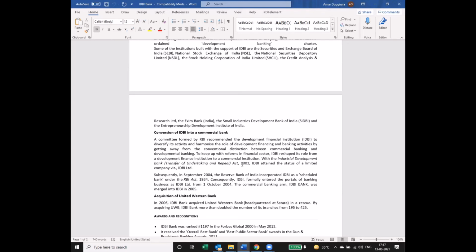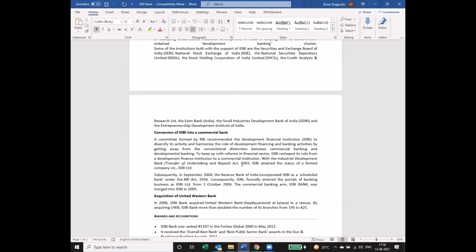And then in 2006, in the process of further strengthening of capital, IDBI acquired United Western Bank, which was headquartered in Satara in Maharashtra, in a rescue bid. So basically, United Western Bank lost all its capital. It was completely dried up in terms of liquidity. It had no capital left to return to the shareholders and the customers of the bank. As part of the rescue, United Western Bank was taken over by IDBI Bank, and then IDBI Bank doubled its branches